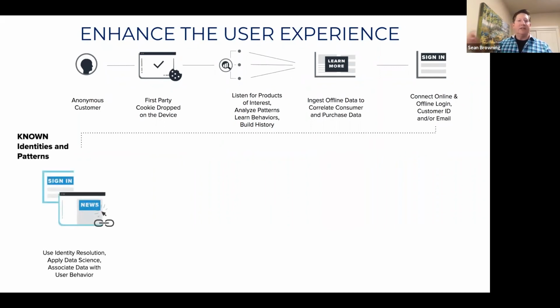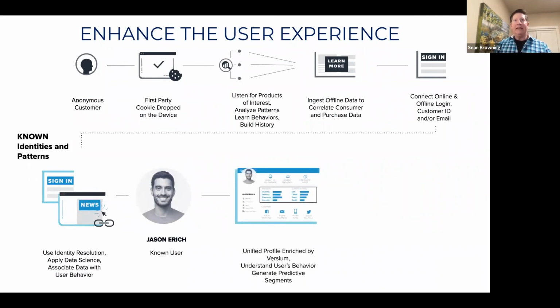What happens is when someone does provide their email address or phone number, or they sign in, now we know who that cookie is, and we associate Jason Eric in this case with the cookie and the behavior and the identity to build out a profile. Once we have that profile, now we can target people and say, hey, they need this message through social media, email, web content, and the like. But then what we really do is enhance the detail and the offers with Versium data, right? All of the enrichments, all the attributes, all of the details that are brought to the table because of Versium: you qualify for this, this is something special for you.